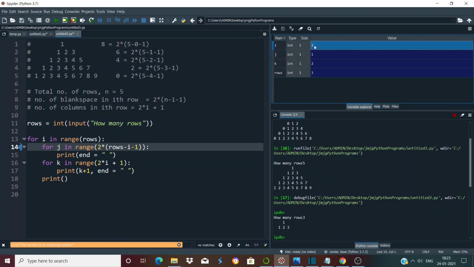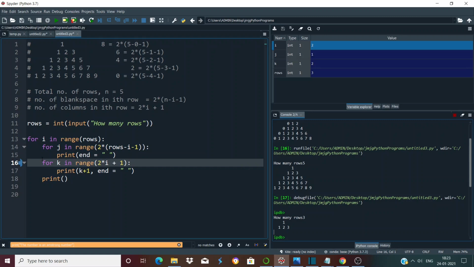Fine. Again, for value of I equal to 2, it will be 3 minus 2 minus 1. So it will be range 0. So it will print no blank space at all. So from line number 14, it will directly come to line number 16. And it comes to line number 16.